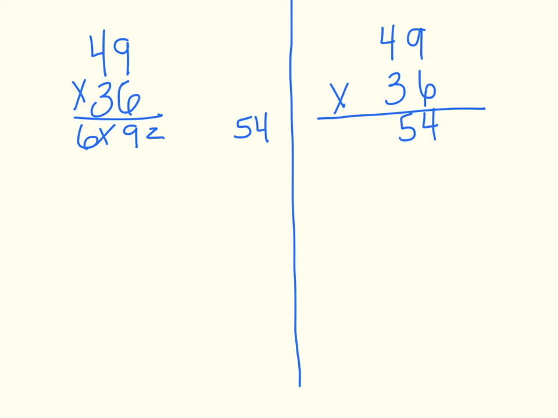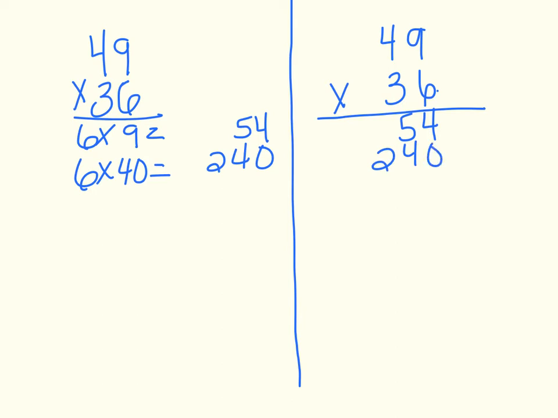Then I move on to the ones in the factor below, to the tens in the factor above. So that would be 6 times 40. And that's going to give me 240. I'll do the same thing over here. I'm just not going to write each step out. So I'm looking at 6 tens in the factor below, and the 4 tens above. So 6 times 40,